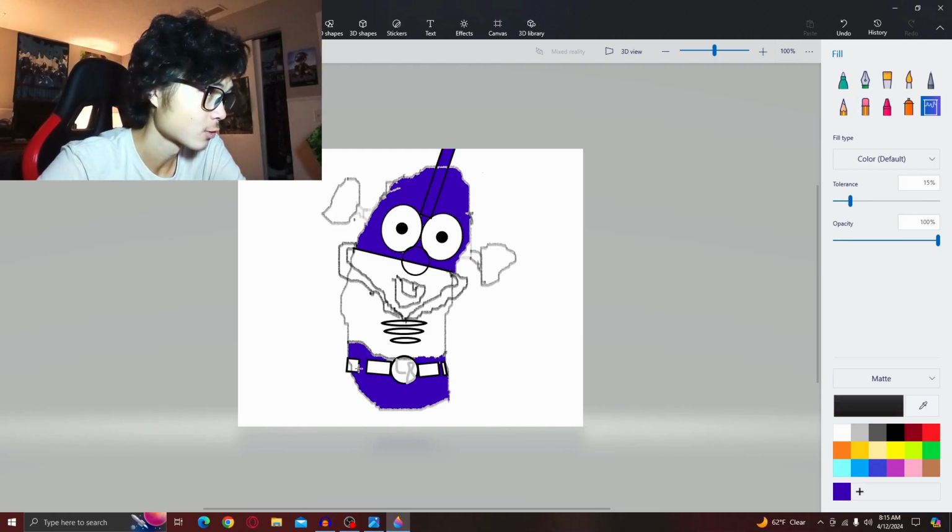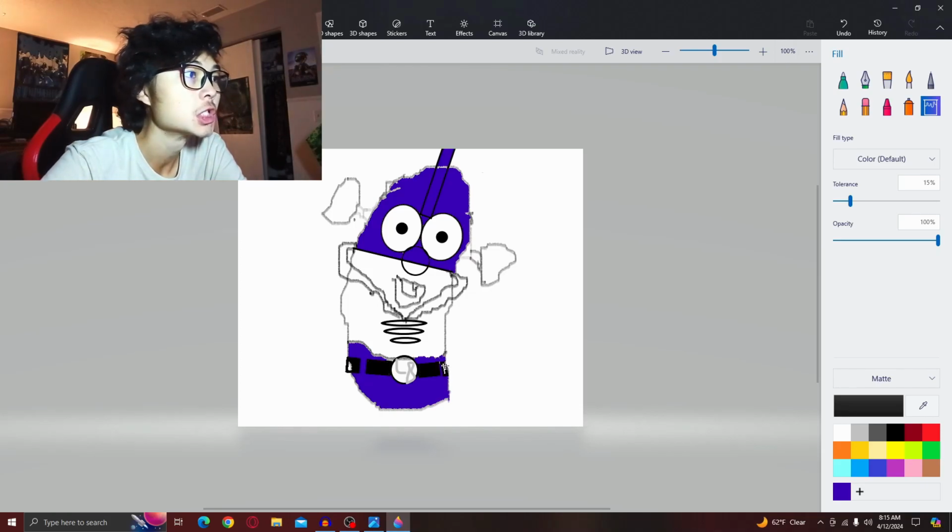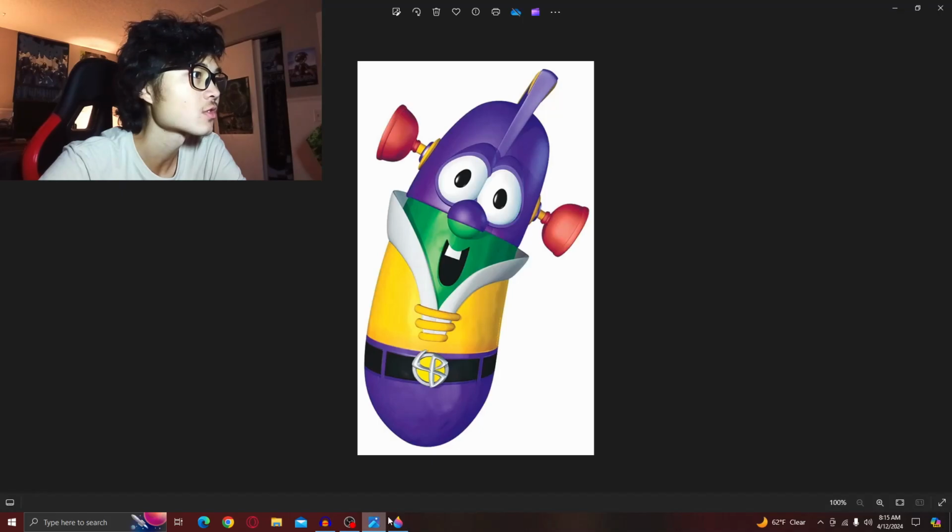Then we're gonna go ahead and switch over to a black to color in the belt buckle. Not perfect by any means, but I'm doing my very best. Go ahead, color in those little parts. Come on, move the mouse very particularly. I think that looks somewhat decent. Then as far as the yellow is concerned,